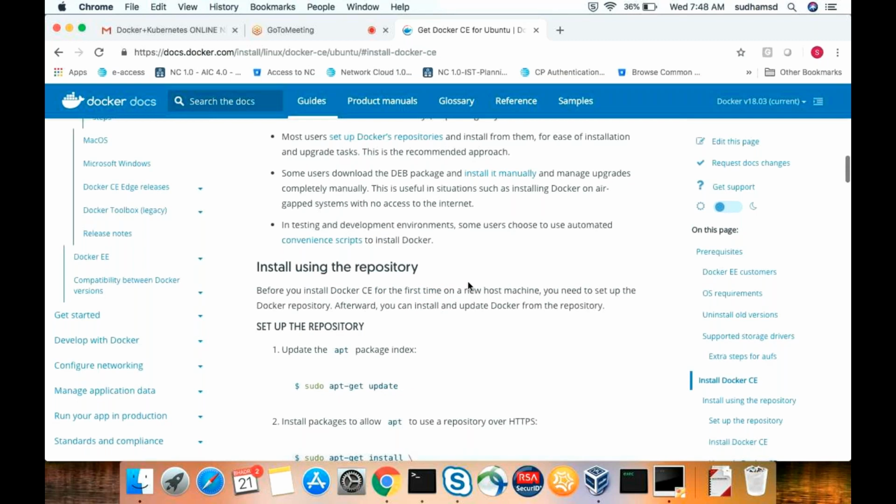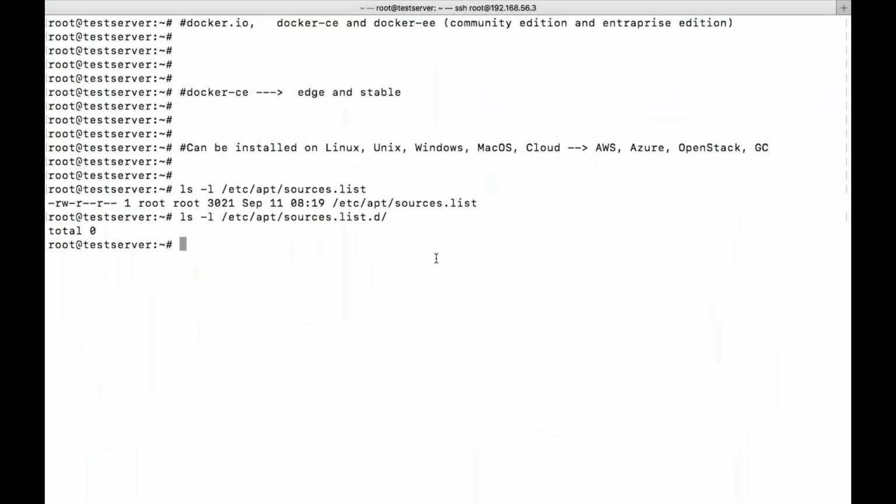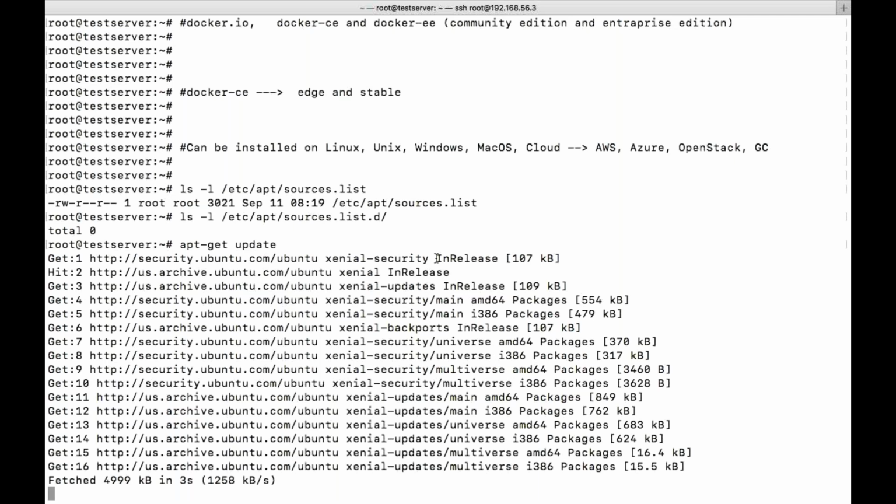First of all, whenever you create a new machine, let us say this is the fresh machine which I have created right now, obviously we need to do apt-get update. This is for Debian machines, in the sense of the Debian operating system and the Ubuntu operating system. apt-get update doesn't install the packages.